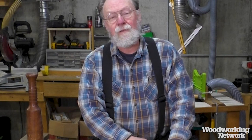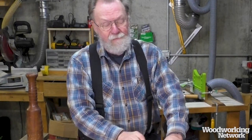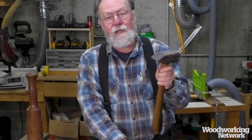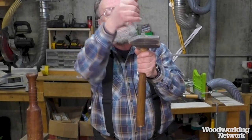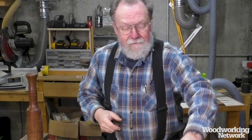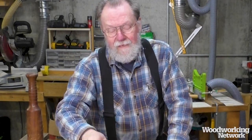Going back to blacksmithing, my best friend at blacksmithing, he likes what's called a French cross peen hammer, and it has this basic shape, but then it cuts down here a little bit, and it has a different shape on the peen. To each his own. Rubber mallet is handy for